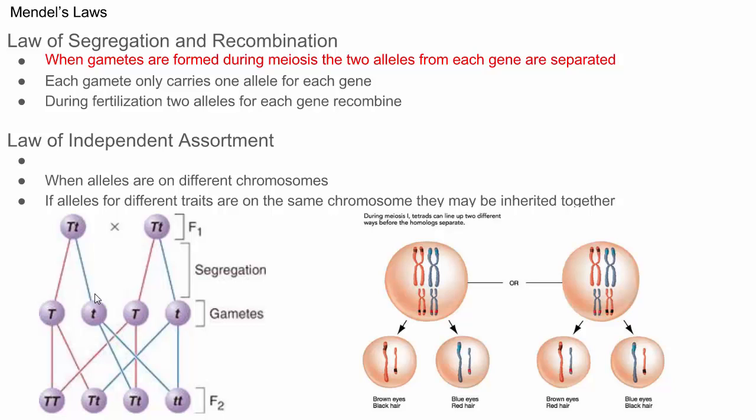And when these diploid cells produce haploid cells during meiosis, when they produce gametes, remember those homologous chromosomes separate. Okay. And they each end up in their own gametes. So this cell that has the dominant allele and the recessive allele, when it produces gametes, some of the gametes will get the dominant allele, some will get the recessive allele, half and half. Same thing happens over here. So that's segregation, that these alleles get separated when gametes are being produced because of meiosis.